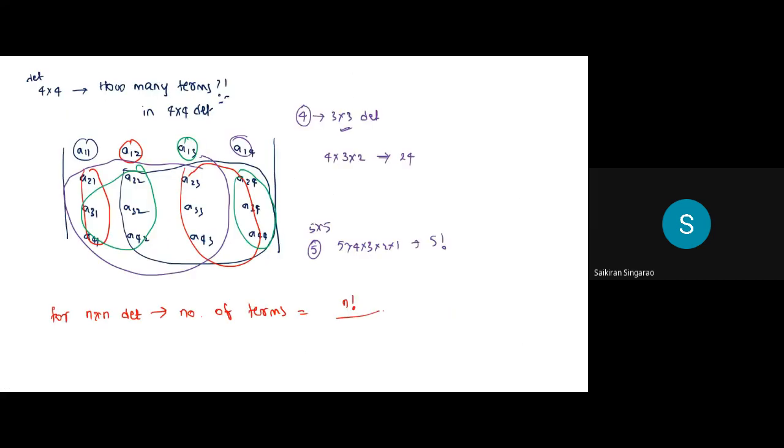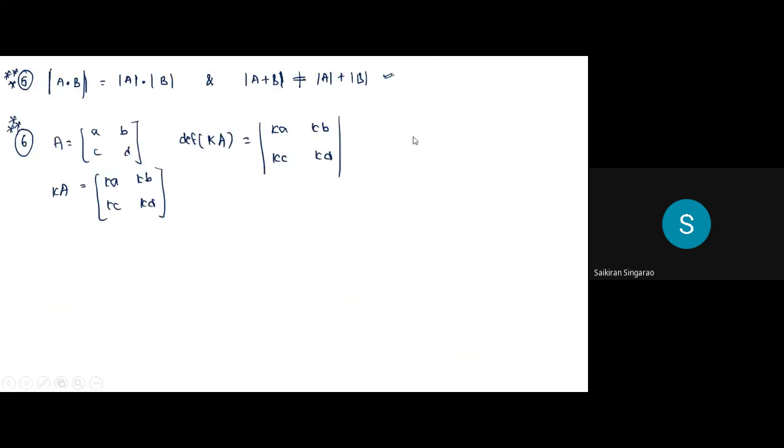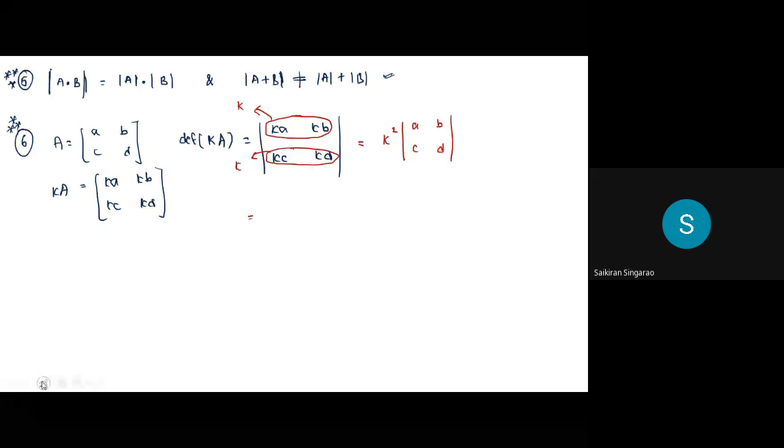But whenever you're doing determinant, the determinant of this can be done like this. From this particular row, you can take 1 k common. From this particular row, you can take another k common. So it will come as k square times A, B, C, D. Do you understand this? You can take it common from one row, or one column is also fine. You can do the same thing using column also.